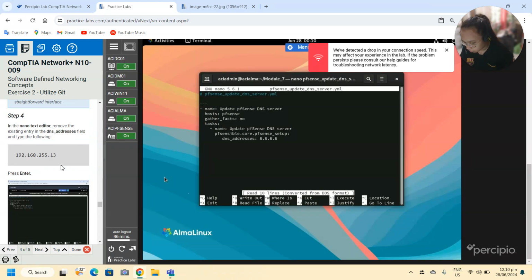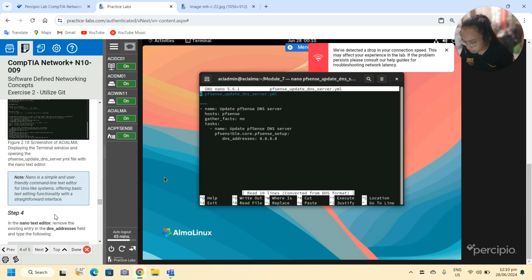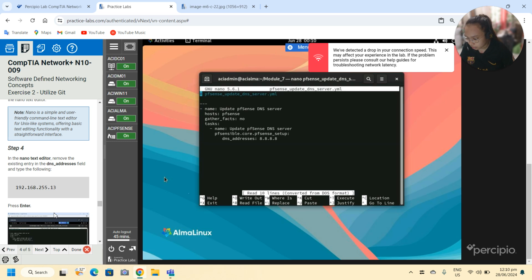Okay. So Nano is a simple and user-friendly command line text editor for Unix-like systems, offering basic text editing functionality with a straightforward interface. So in the Nano text editor, remove the existing entry in the net field and type the following.